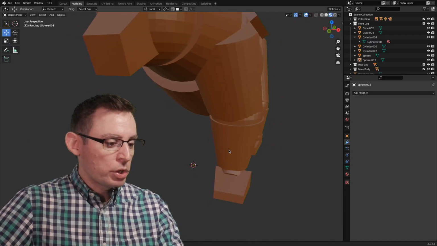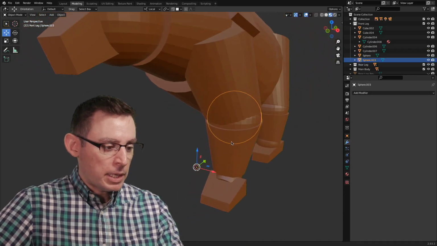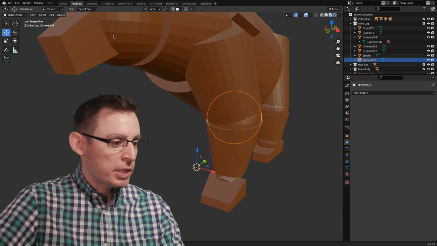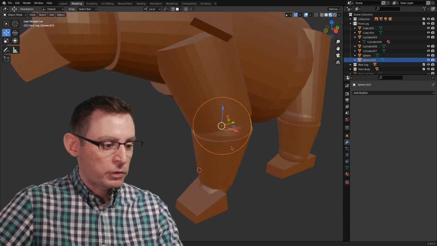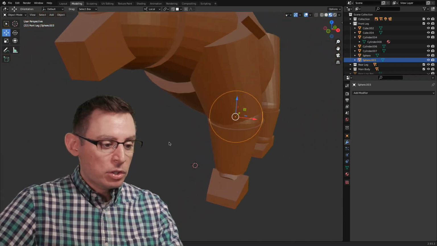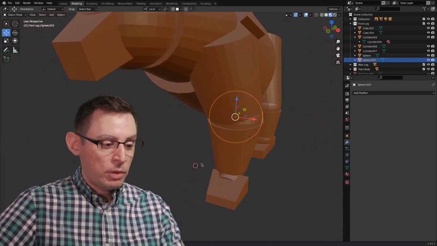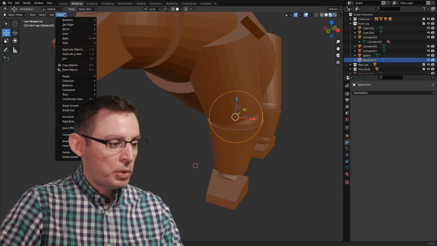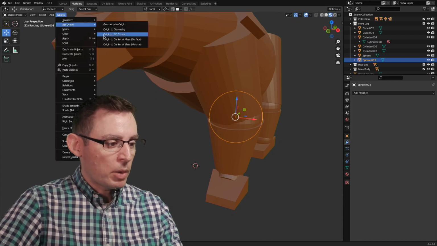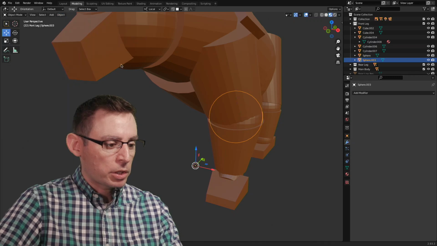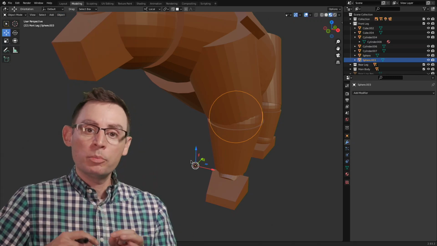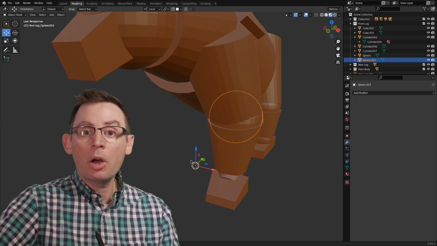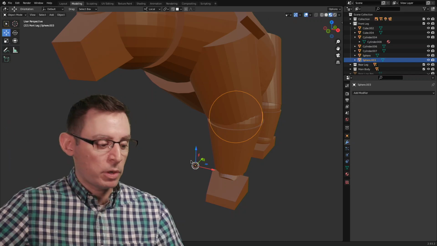So the origin point for my little kneecap is already down there. If yours isn't, if yours is maybe in the middle of your sphere, which is fine, here's a quick way of getting it back to that cursor. It's in the Object pull-down menu, Set Origin, and we're going to do Origin to 3D Cursor, okay? And then, boop, you can see the little orange dot that represents the origin point for this object very quickly and automatically goes to the location of your 3D cursor.